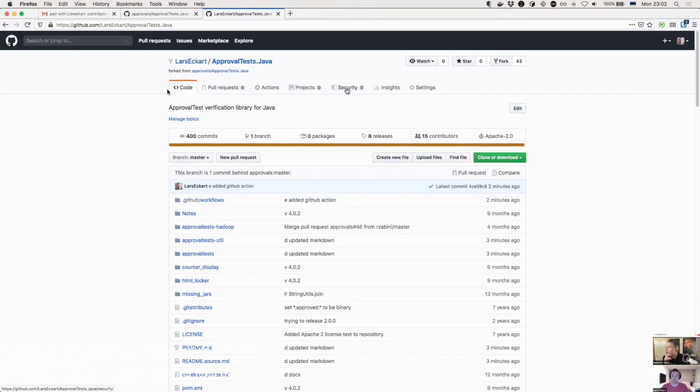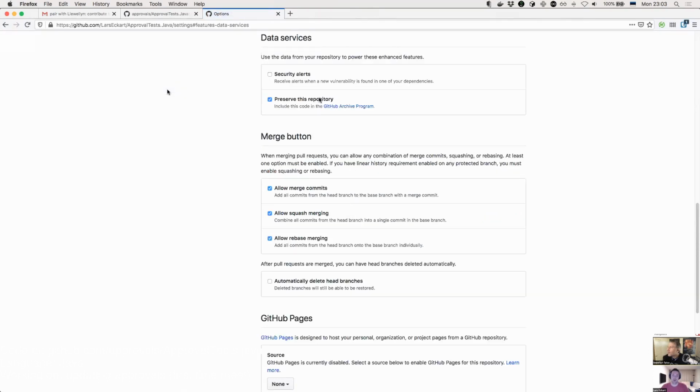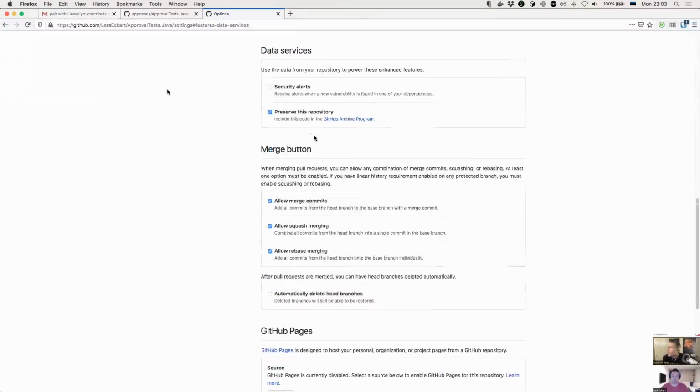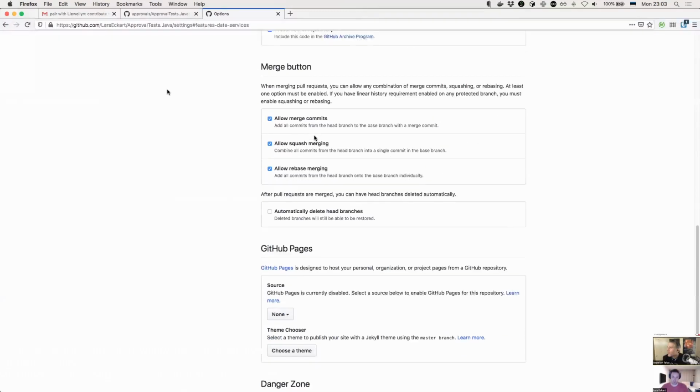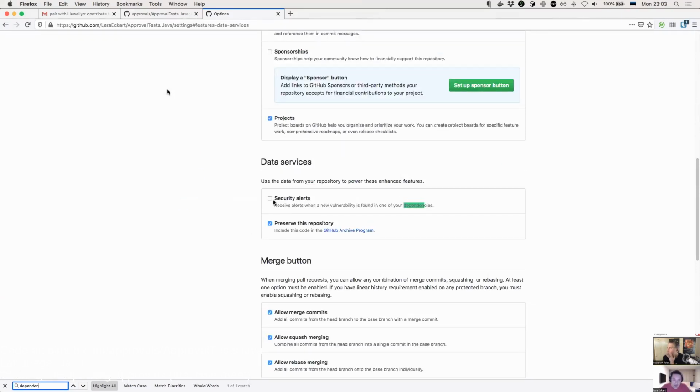Yeah, no, that's where I would see it. But you might have to enable dependency alerts. If you scroll up, security alerts, yeah.